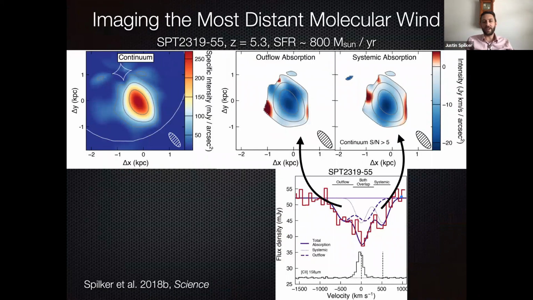And so here's one example of how this works. Through a painstaking amount of work, we go through the process of gravitationally lens modeling all the ALMA data. And because we have very high spectral resolution from ALMA, we can separate out the absorption that is only coming from systemic velocities, only due to absorption within the galaxy, and the highly blue shifted line wings that represent the outflows. And so in this particular case, we published in Science a couple of years ago, we found that the systemic absorption, that gas that's inside the galaxy, basically just peaks in the center where the continuum is brightest. And that sort of makes sense. That's where the continuum is brightest, so it's easiest to detect absorption.